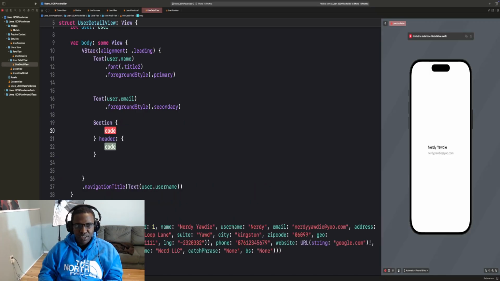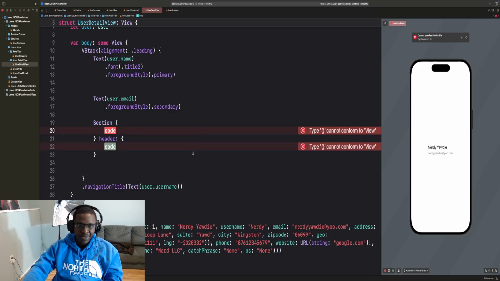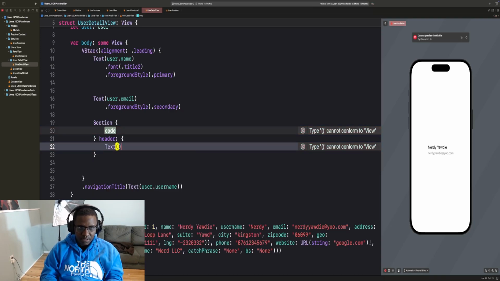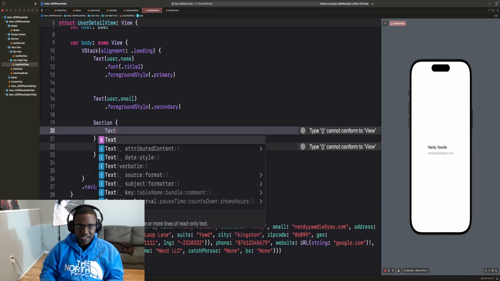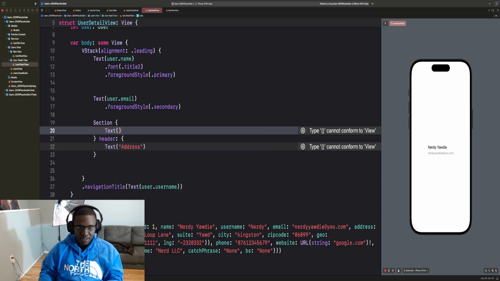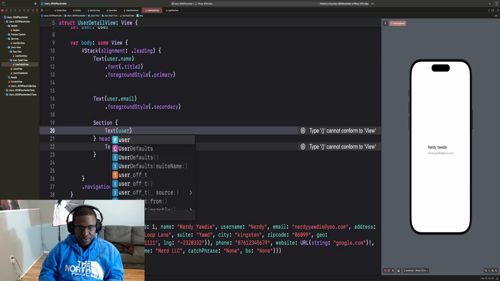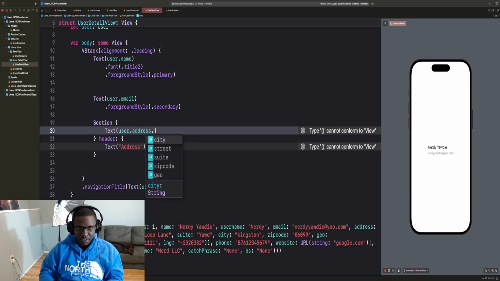And this is just going to present it in a bit of a different view. And then for the header, we're going to make it text. I'm just going to say address. And for each row inside here, I'm going to add address info. So that's going to be user address